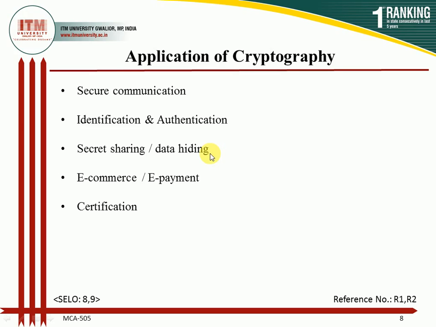Because in our everyday lives we perform various transaction methods for purchasing items over the internet with the help of credit card numbers, right? We can use credit card numbers to perform online transactions. For performing these transactions we require a secure channel. A secure channel is required, so in that case cryptography plays a very important role. With the help of cryptography techniques, we can provide secure electronic transactions for e-commerce and e-payments, right?